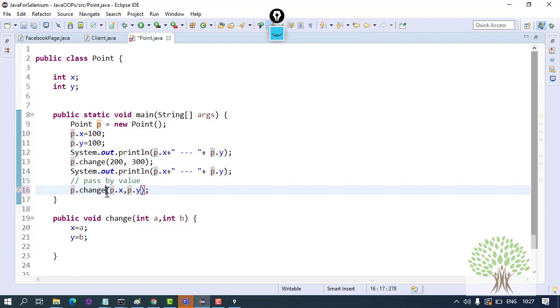Right, or I will make one more function, increment by, and you can send 3 parameters inside this function.